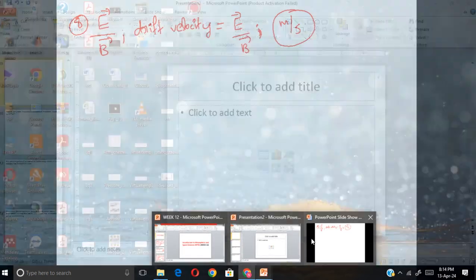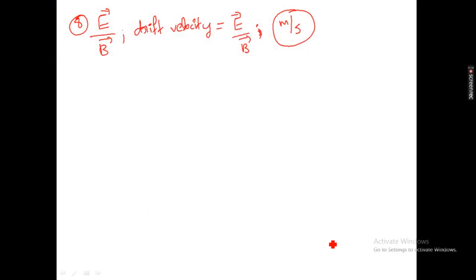Now let's move on to the numericals. There are 3 numericals. Now let's try to solve these. So the first question is the radius of gyration of an electron of kinetic energy